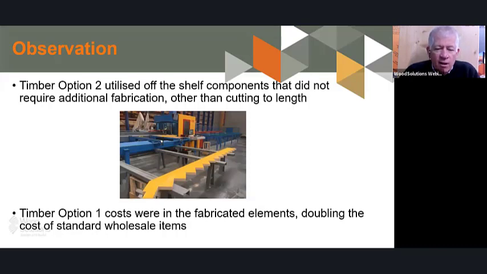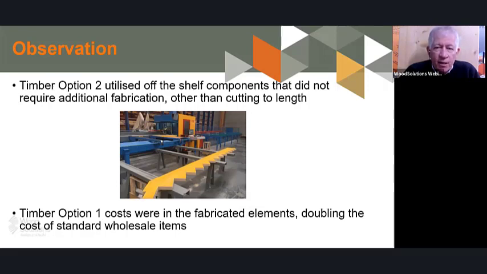savings also occur. But in the timber option, it's much easier because of the ability of cutting and putting holes into the timber. And timber is quite often done these days, and there are many suppliers that are able to do that for you. So that's really the trick to what causes the difference: we're using products which are coming out of the wholesaler's yard with minor additional fabrication on it, compared to something which requires a lot of